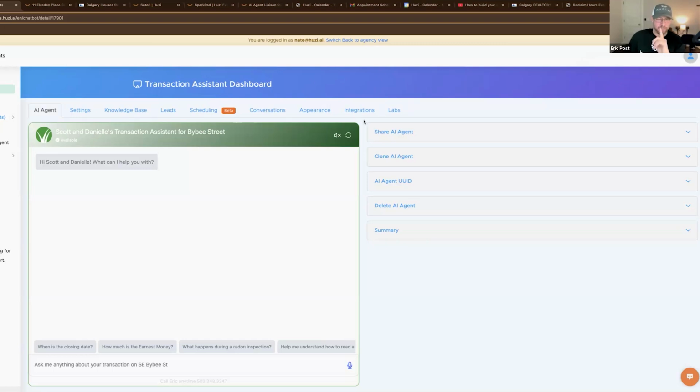And I love the idea of the personalized transaction assistant. It really works well. And if you're in a team, this is also something you could send to the other agent to keep them on board, right? I don't know how much communication you have involved in transactions, but I feel like they could just read the documentation as easy as I could. But other agents would say, "Hey, when's the closing date?" I'm like, "You've got the earnest money agreement too, man." Right? So giving those as a customer service agent works well inside all the parties as well, bud.